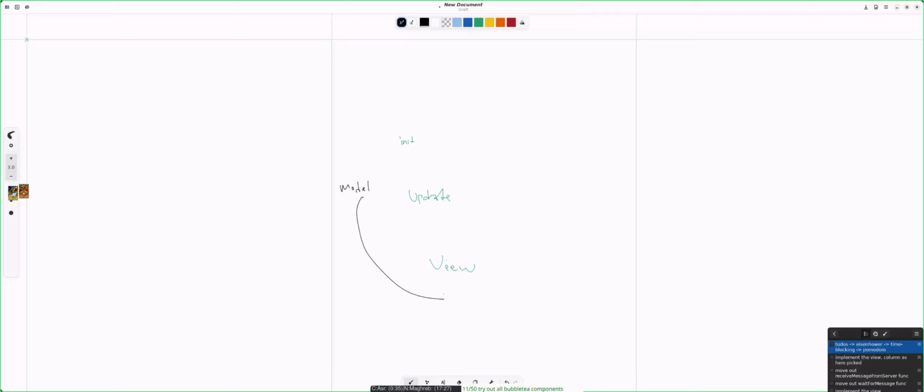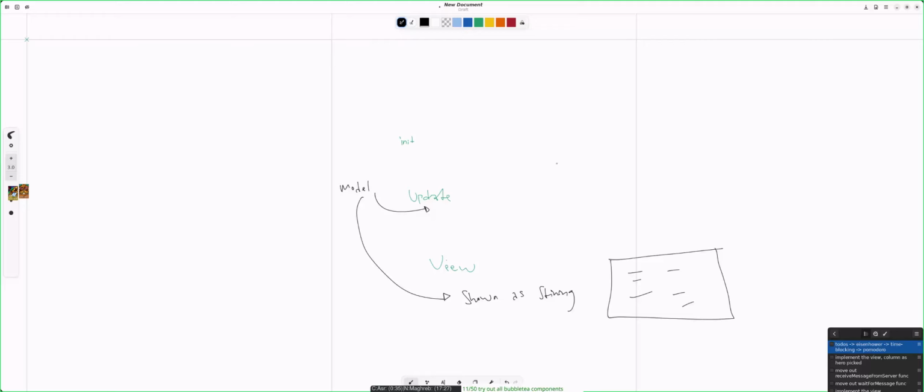So this model is shown on the view as a string, and everything that is going to be shown on the text user interface is only string. Okay, then how to change it? When you press A, it's going to do one thing, and when you press B, it's going to do another. So this is a function that is going to update the model.